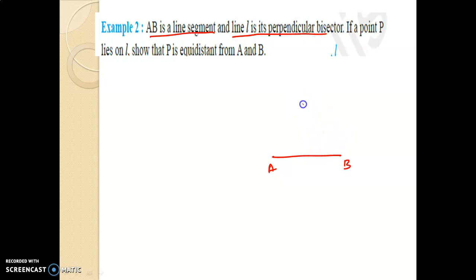Perpendicular bisector means it is a perpendicular line, 90 degrees, and bisector means, let us take the intersection point O, that these two sides are the same. Now OA equal to OB, and let us take this line as L, which is perpendicular to AB. Now just connect them here like this.